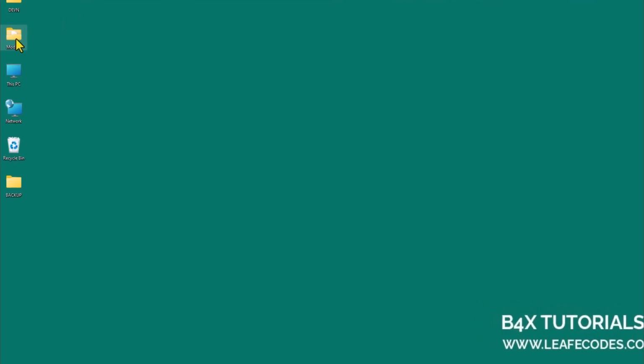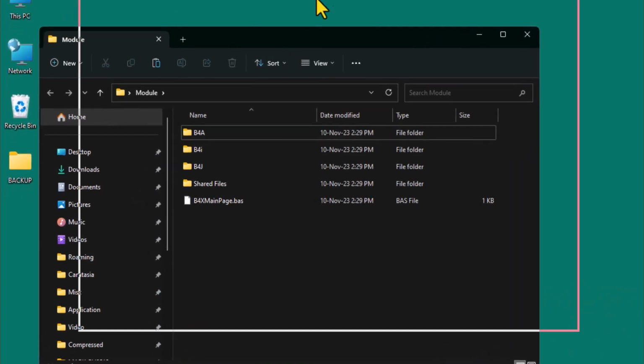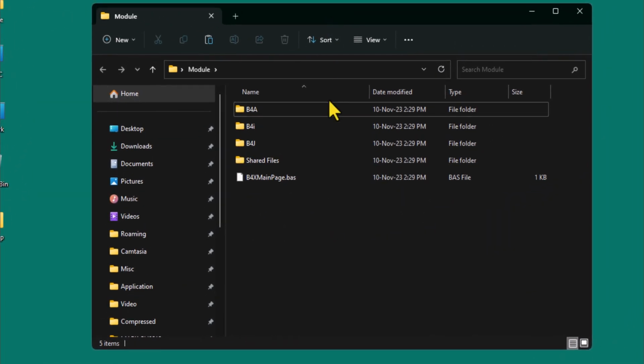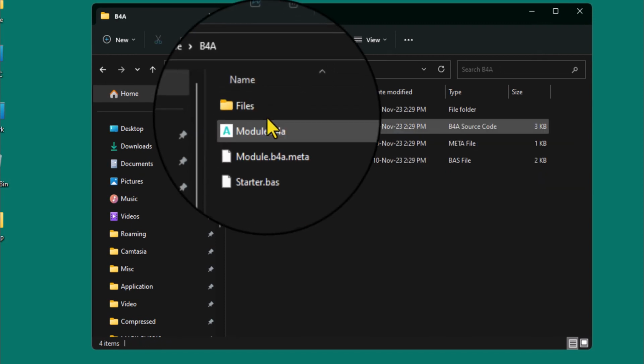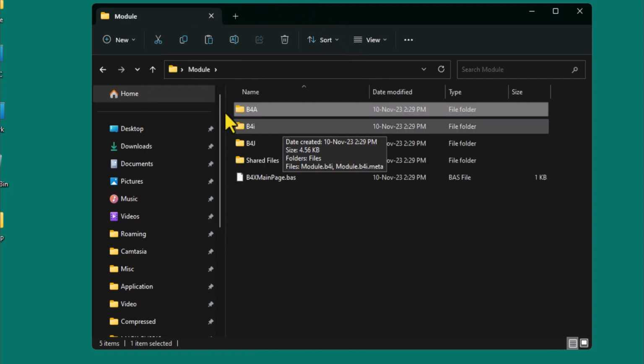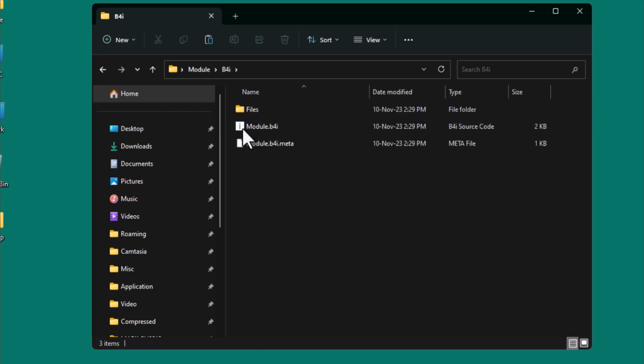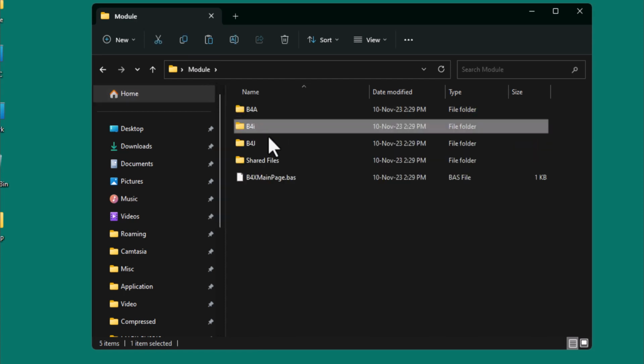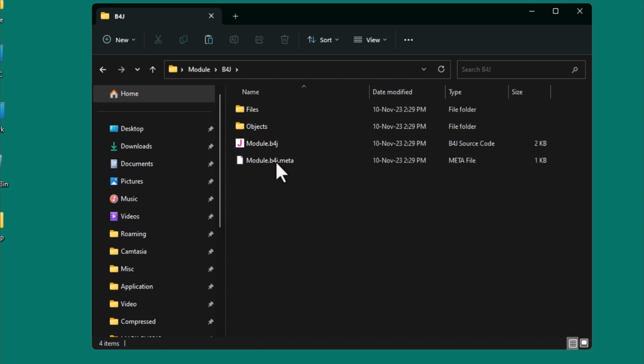This is our project. Now when we take a closer look, we can see that we have the B4A folder, which contains 4 files. We have the B4I folder, also containing 3 files. The B4J folder also contains 4 files.